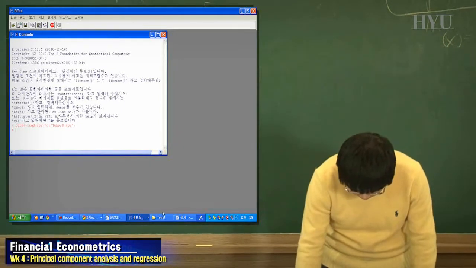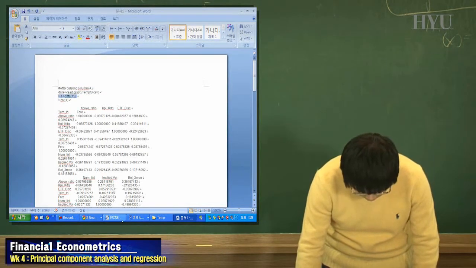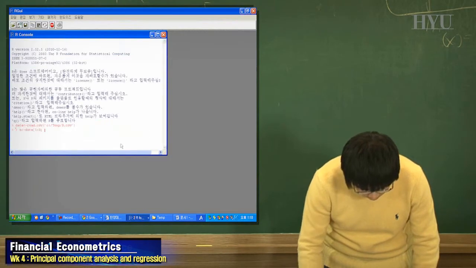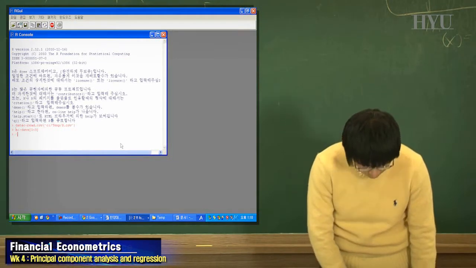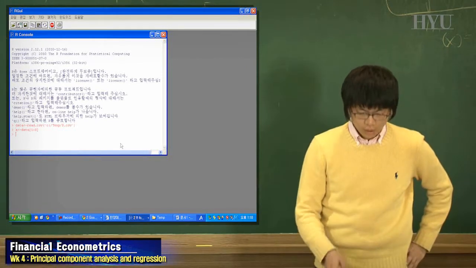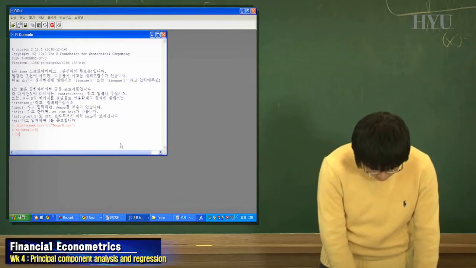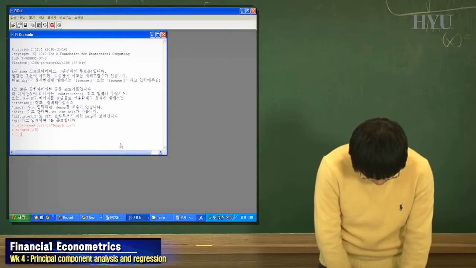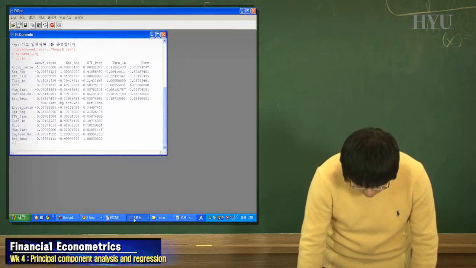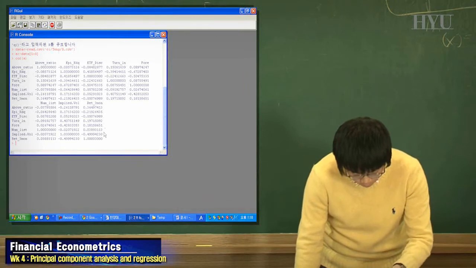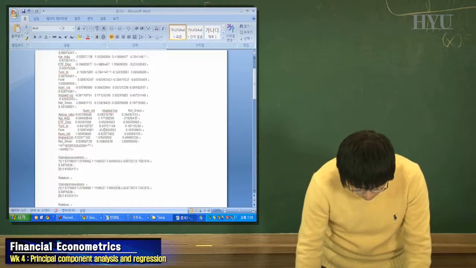So I defined A as data columns 1 to 8 and calculated the covariance like this. So these columns' covariance, and after that